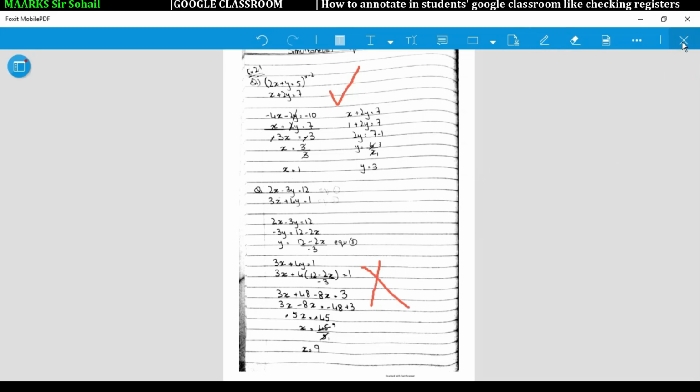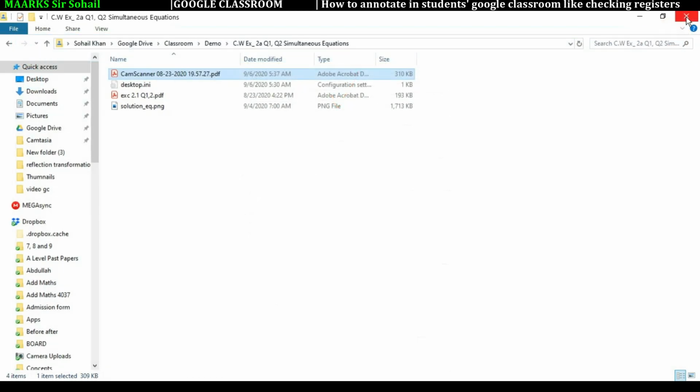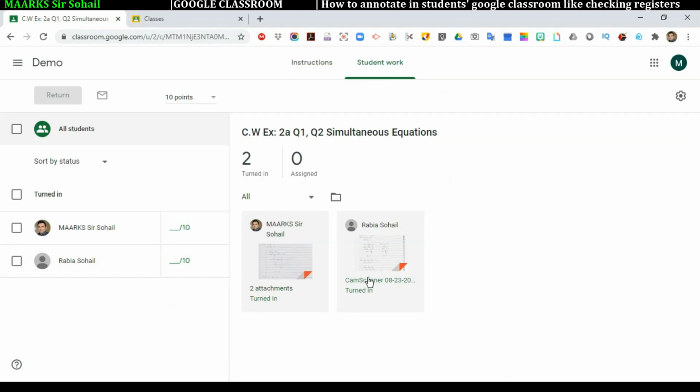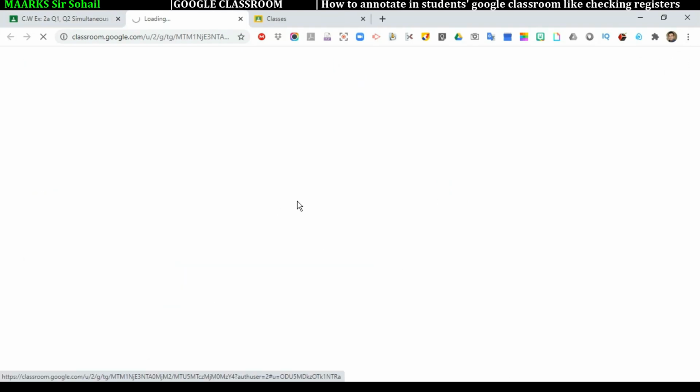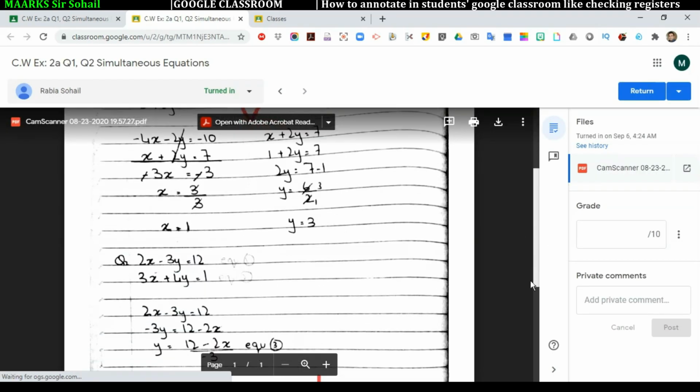Now I'll click on this cross, click on this three dot menu and click on save, and then close it. So now this work is checked. Now if I open Google Classroom and view the assignment and go to that particular student's work, whose work I have just checked, you can see the tick here and a cross here.